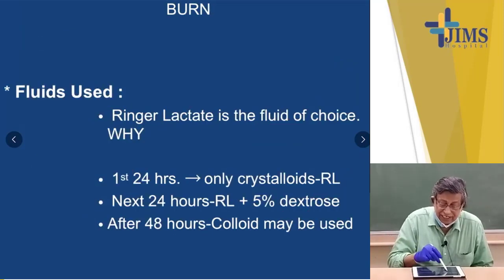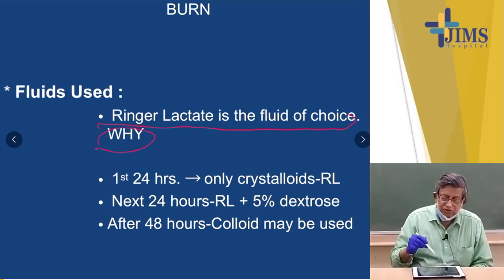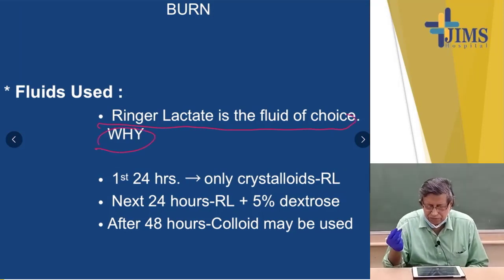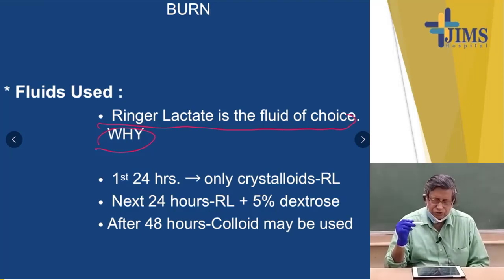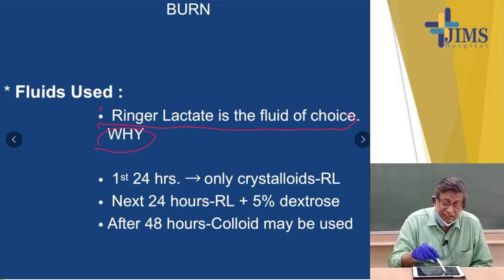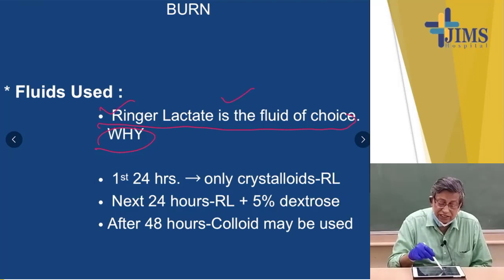Now, for fluids use Ringer lactate. What is Ringer lactate in the fluid choice? Why? Because the composition of Ringer lactate is almost like plasma. It enters into the circulation and capillaries, does its job, and then is excreted through urine. So, Ringer lactate is just like plasma in this case